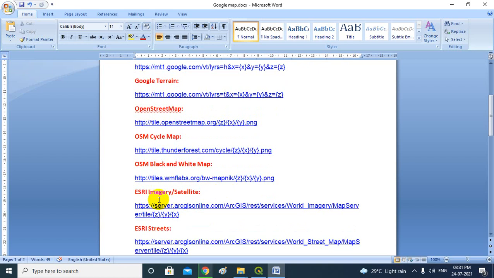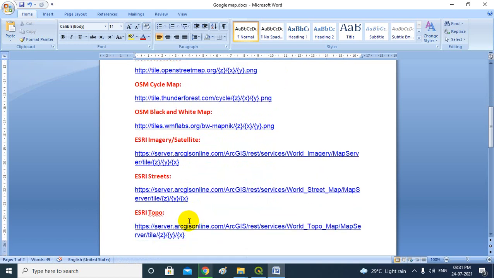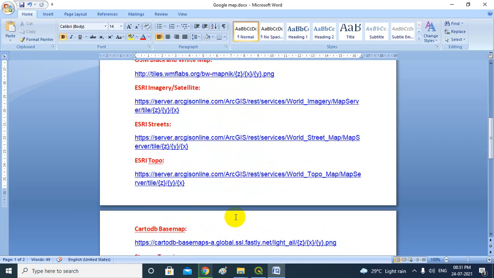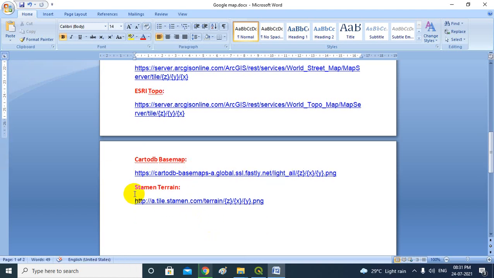So Esri imagery or satellite map, Esri street map, Esri topographic map, CartoDB base map, or finally Stamen.